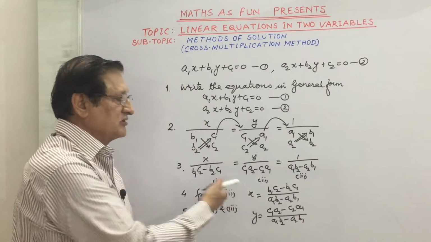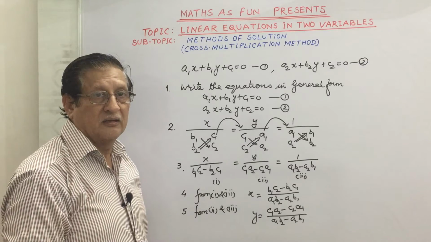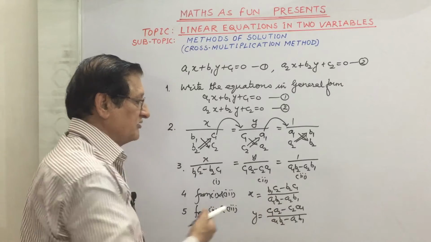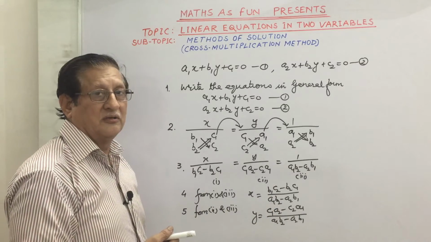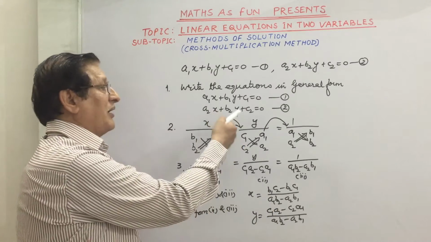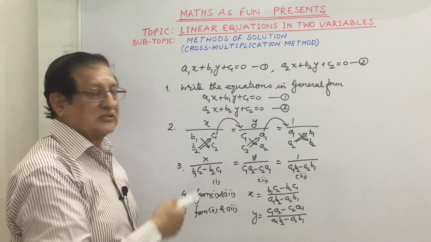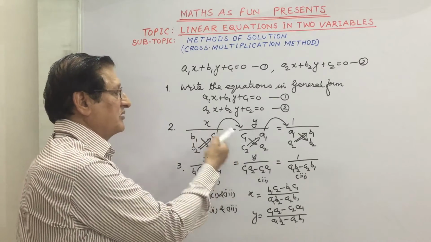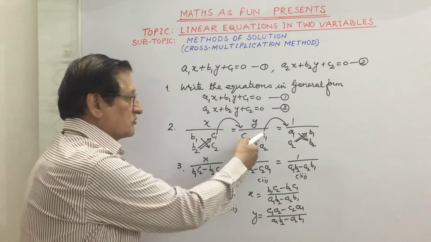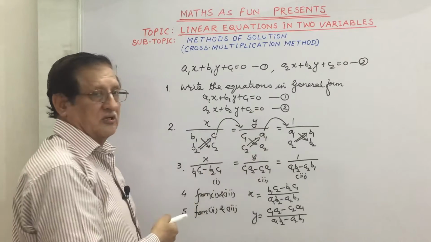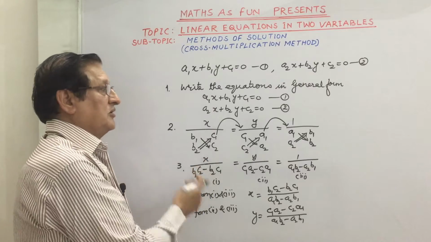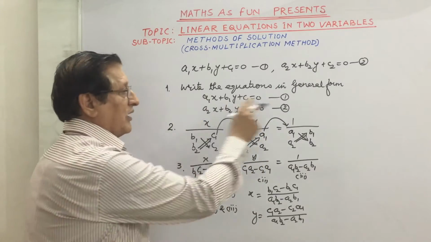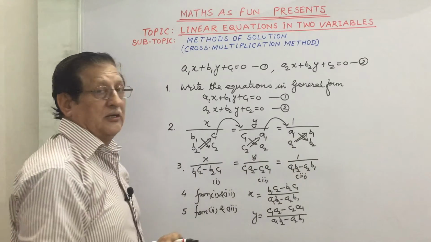You are getting the same answer here also, because if you multiply that minus inside that bracket, you will get the same thing, C1 A2 minus C2 A1. So we can avoid minus y, but the system is to be changed: whatever the last column you are getting, that will be taken as the first column here. And to see whether you are correct or not, you can see that the first column and the last column here will be the same.